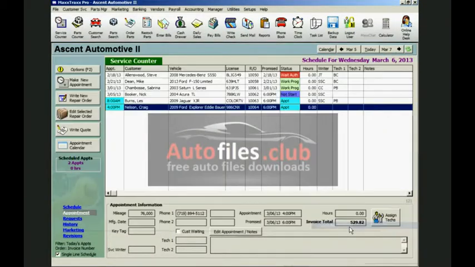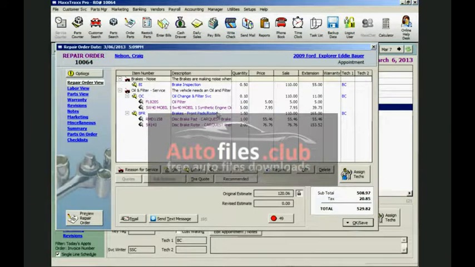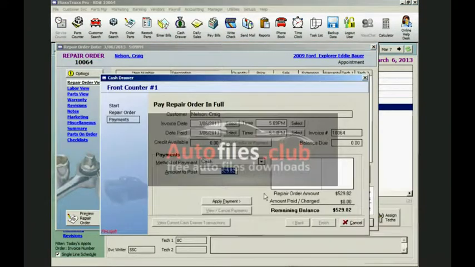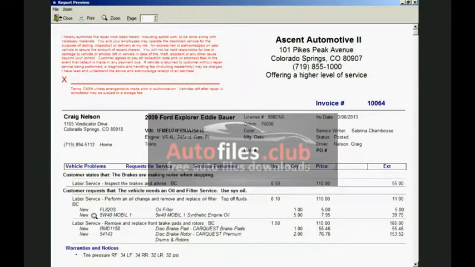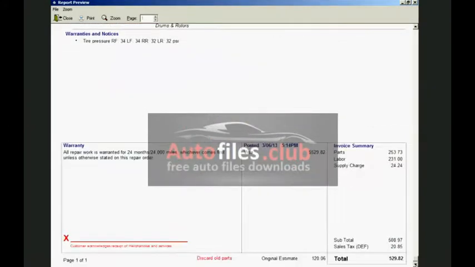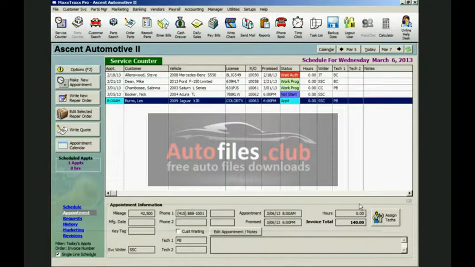Brett receives his parts from CarQuest, completes the job, and then we call Mr. Nelson. When Mr. Nelson arrives, he pays with a Visa today. And here is Mr. Nelson's finished invoice. Now this invoice is stored in Mr. Nelson's customer history for easy reference and retrieval, and our sales totals, including Mr. Nelson's repair order, are tracked